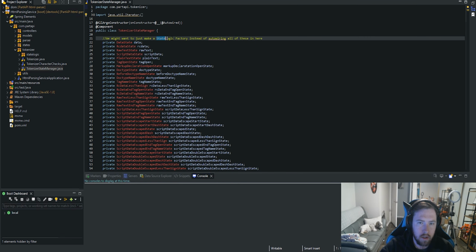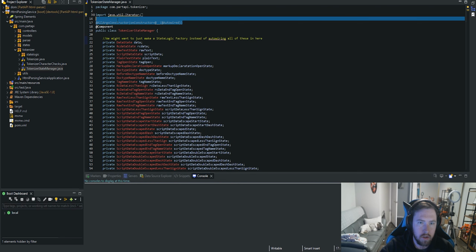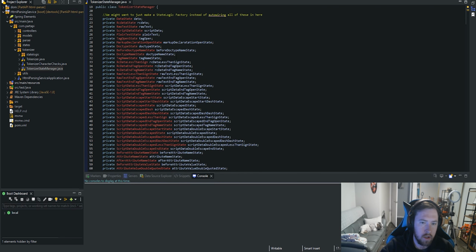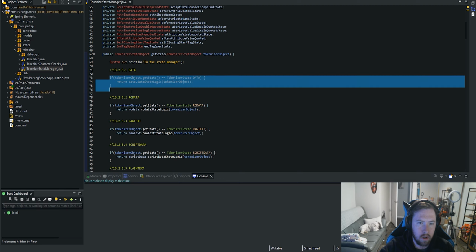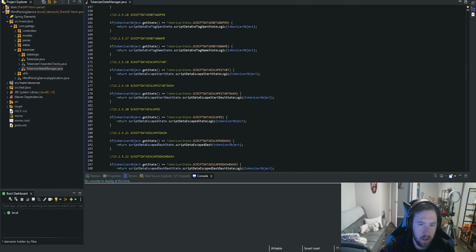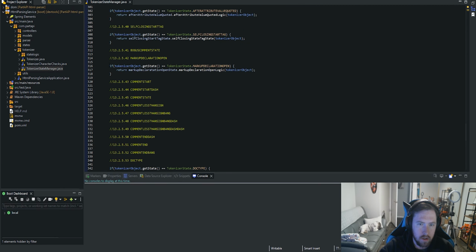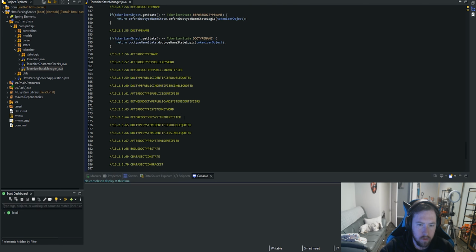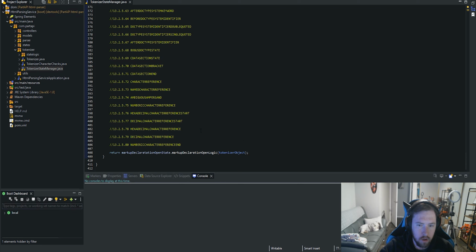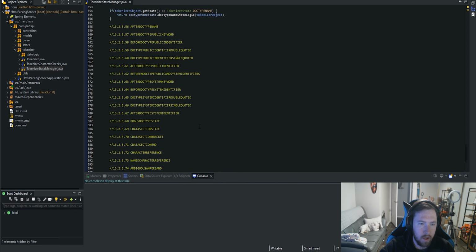Originally, I was kind of thinking about making a factory, but I don't know if we're going to do that or not. Right now, we're just using an all-args constructor with auto-wired. So these are all just getting auto-wired. And then as we go through here, this is essentially a factory class in itself. As you can see, we have all of this done. So I think that we got all the way to like 40. So as you can see, we got 40. We also have done 42, 53, 54, and so on and so forth. So at this point, we've literally gotten about halfway done with this.